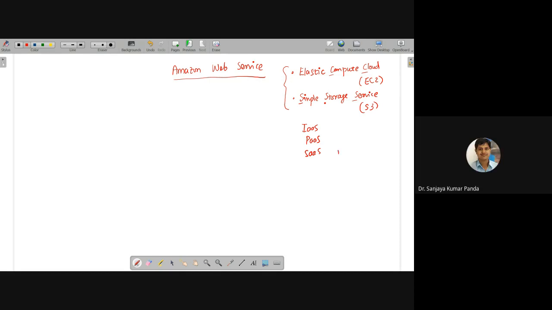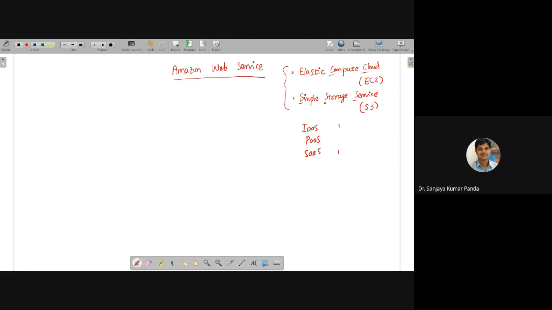What about others? IaaS, yeah. You have only three choices, right? IaaS, PaaS, SaaS. You only have to tell whether it is infrastructure, platform, or software.